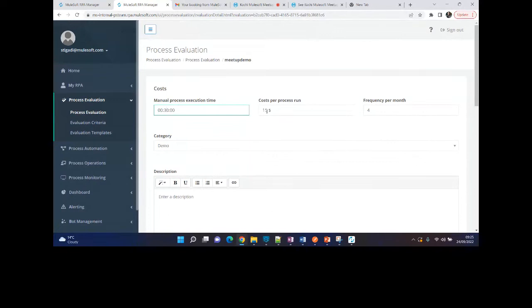But when it comes to business, I'm sure they will have much more complex processes which are very error prone, which are very manual, which are very time consuming and very, very, very repetitive. So you will have much more, maybe it's more than an hour, it might be hours, and the frequency might be much, much higher. It might be like it's happening every day. Okay, and it is happening multiple times in a day, not just in a month. So this number will definitely increase. So the more these numbers are on the higher end, it's much more of a qualifier for us to assume it's a case for hyper automation.